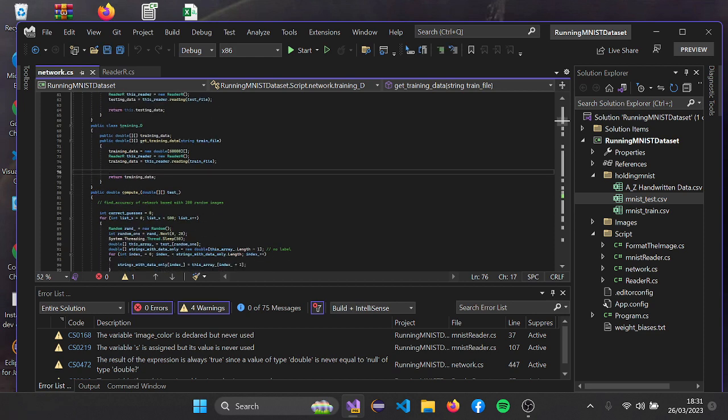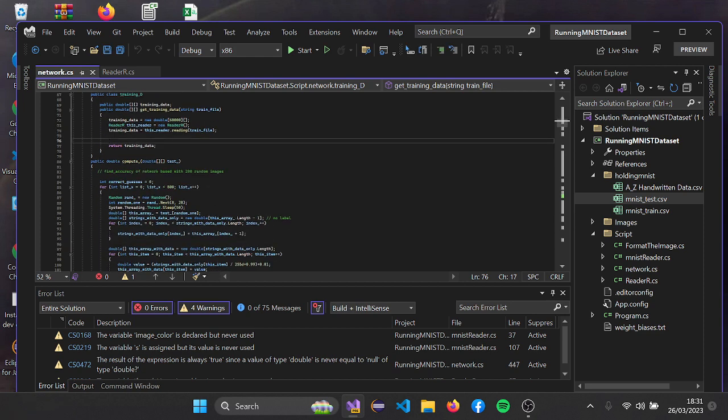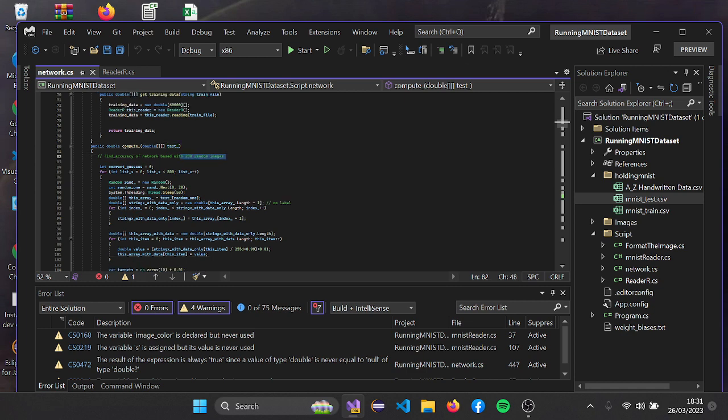If we look at the function, for example, compute, since this function is used for the evaluation part near the end of the network, as the network runs, it's not 200 images anymore. We're doing it for 500 images,